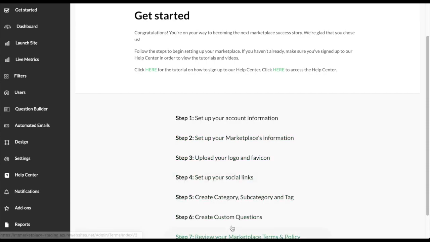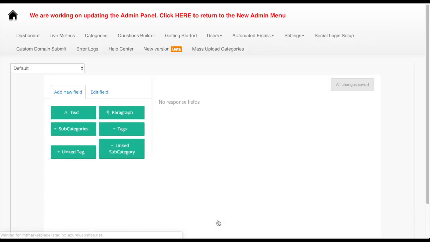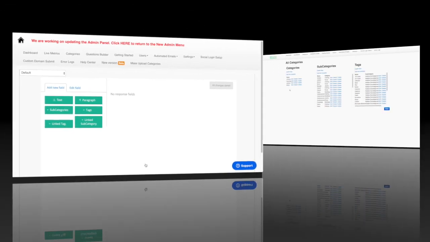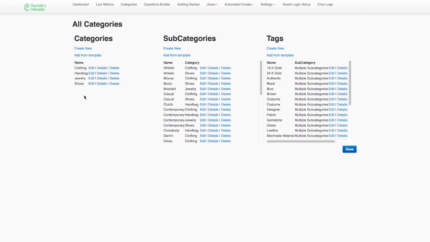For step 6, creating your custom questions, when you click on this section, it's going to take you to the original admin view. We're still working on the updates for this section, so for now, you'll set these up the original way. Before you can start setting up your custom questions, you must have your categories, subcategories, and tags already